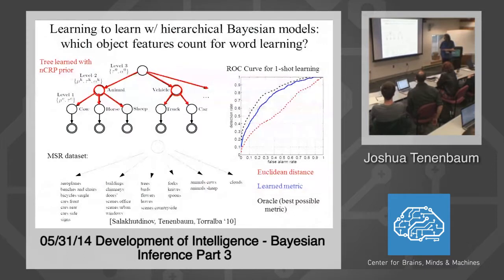Again, it's not saying that benches are necessarily particularly similar to airplanes, or that trees, flowers, and leaves are particularly similar, but it's saying the ways in which trees are similar to each other are similar to the ways in which leaves are similar to each other. The ways in which forks are similar to each other are similar to the ways in which knives are similar